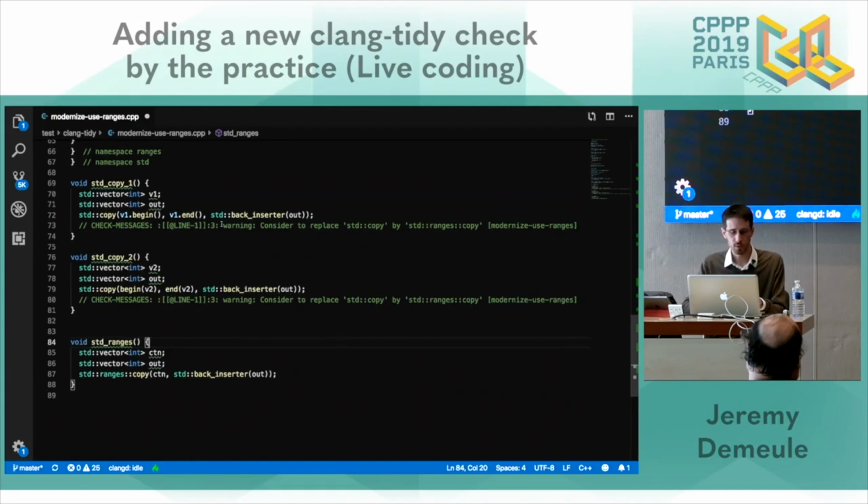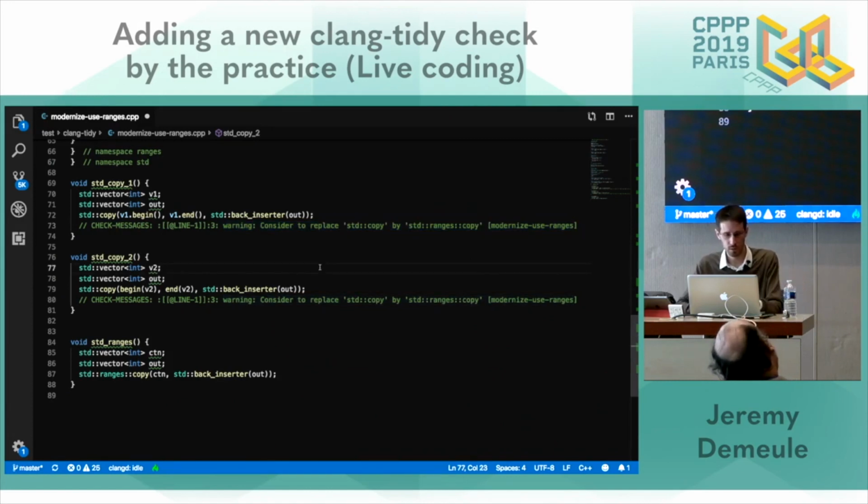As in every test framework, we can put assertions on it. And this time we are asserting a compiler diagnostic. This is made with this syntax, CHECK-MESSAGES at line -1. So for this line, at column 3, I want this compiler diagnostic, this warning. This is what this green line means.